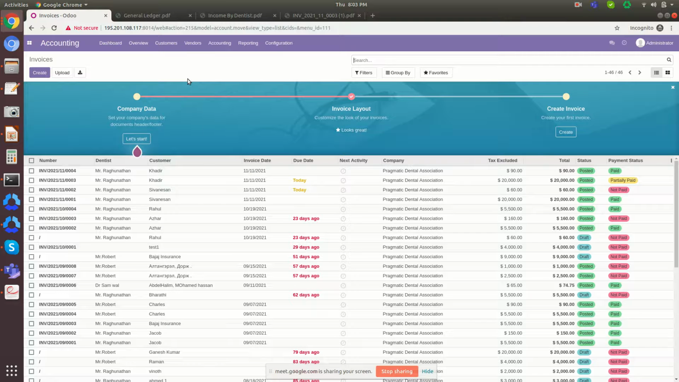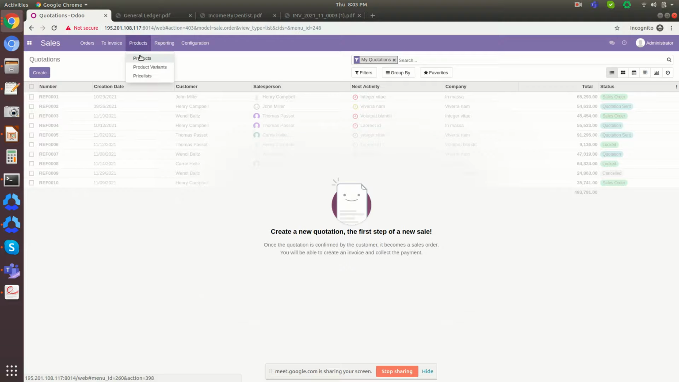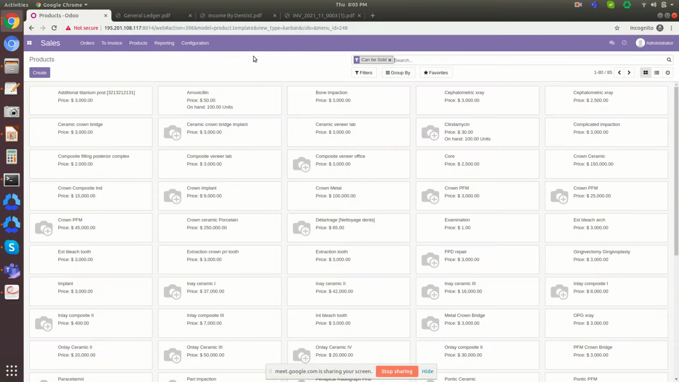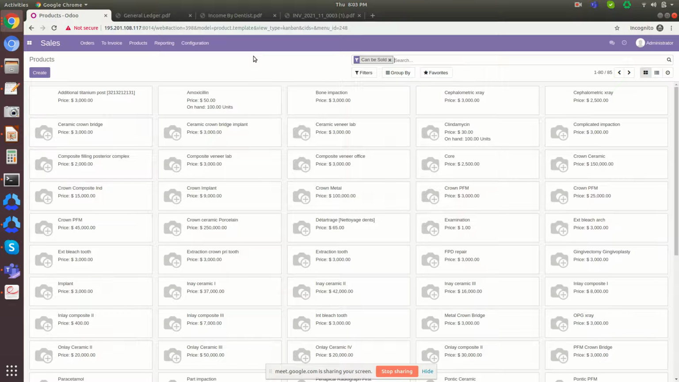There is a configuration for this part. I will show you. In the sales part, there is a list of products. I will show you the list of products. In the products, whatever tools you need, you create multiple tools here. For example, if you need a tool,